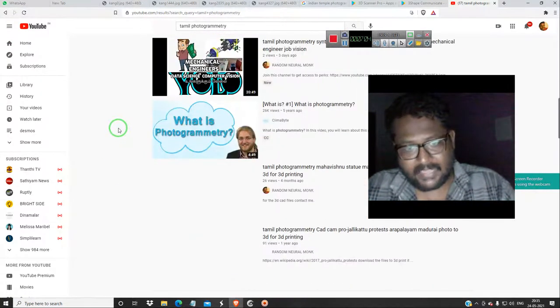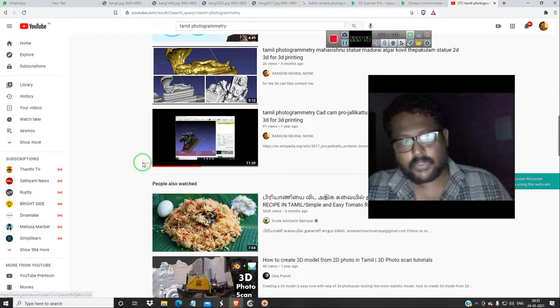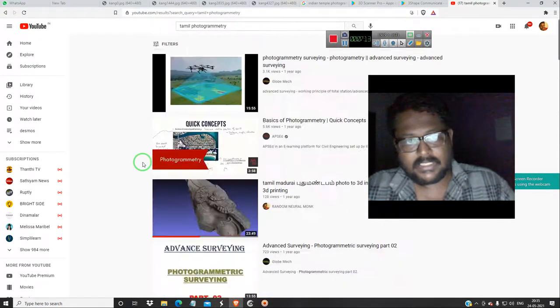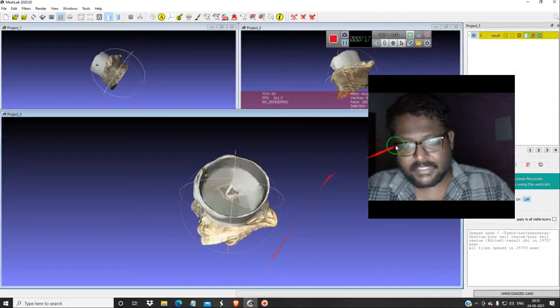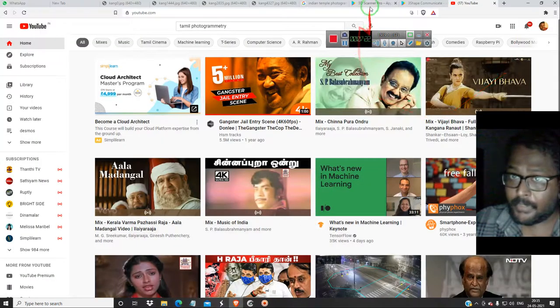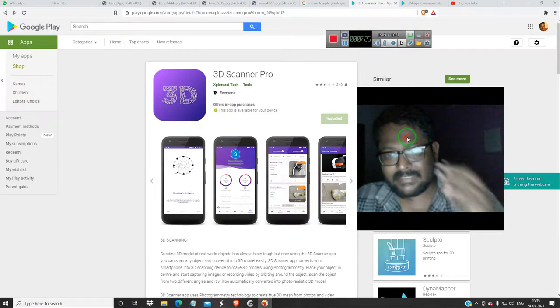I have scanned various temples, and I have also made some photogrammetric videos. These are very high resolution, about 90,000 vertices. I highly recommend that 3D Scanner Pro is a highly suitable app for our synthetic data generation.